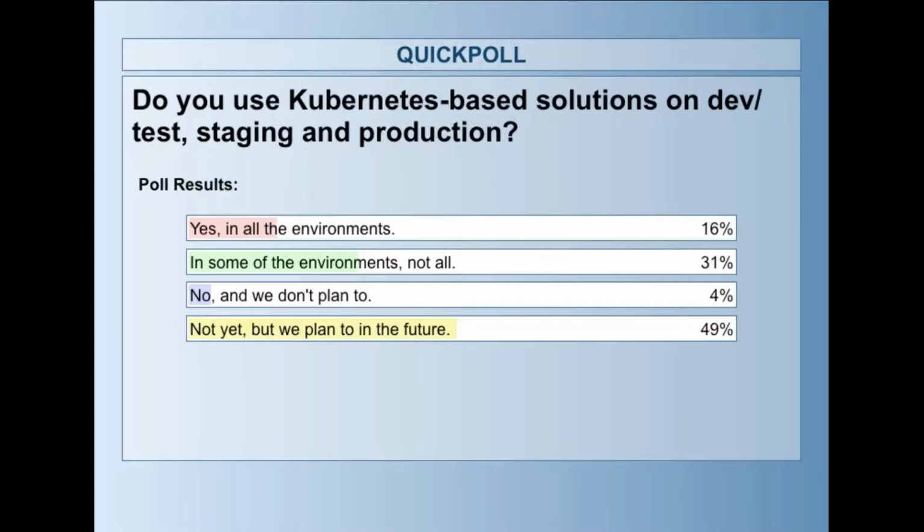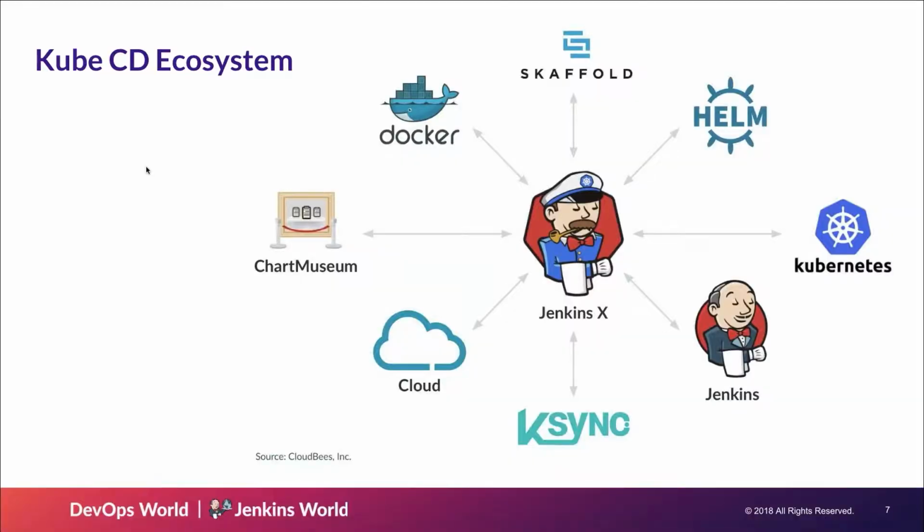Let's get back. So let's study the kubectl ecosystem in a little bit of detail. So at the heart, like we said, is Captain Kubernetes, the Jenkins. This is the Captain Kubernetes logo. So it's powered by Jenkins X, and